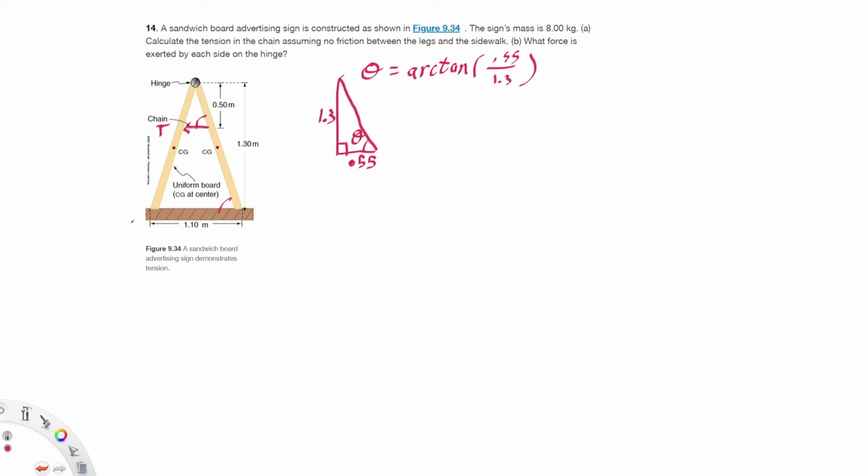That's like 23 degrees. Okay. So far, so good? Dr. Wolves, could we